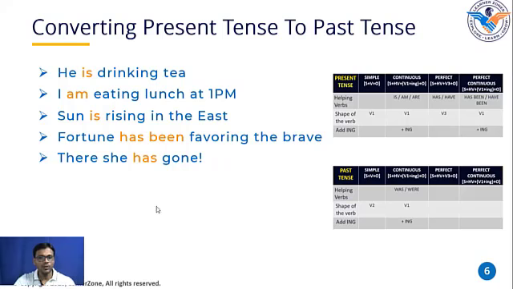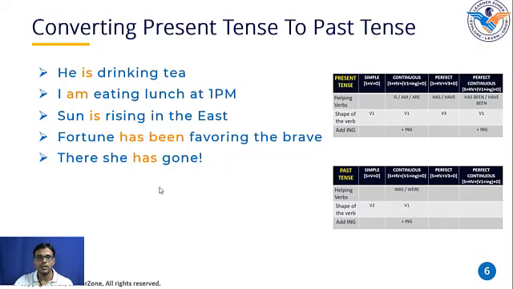Okay. So, in order to convert this sentence into past continuous tense, you just need to replace this helping verb with was and use the first shape of the verb. Gone: go, went, gone. It's the third shape of the verb because it's in perfect tense. This is V3. So, use the first shape of the verb. Go is the first shape and add ing to it. Going. There she was going.